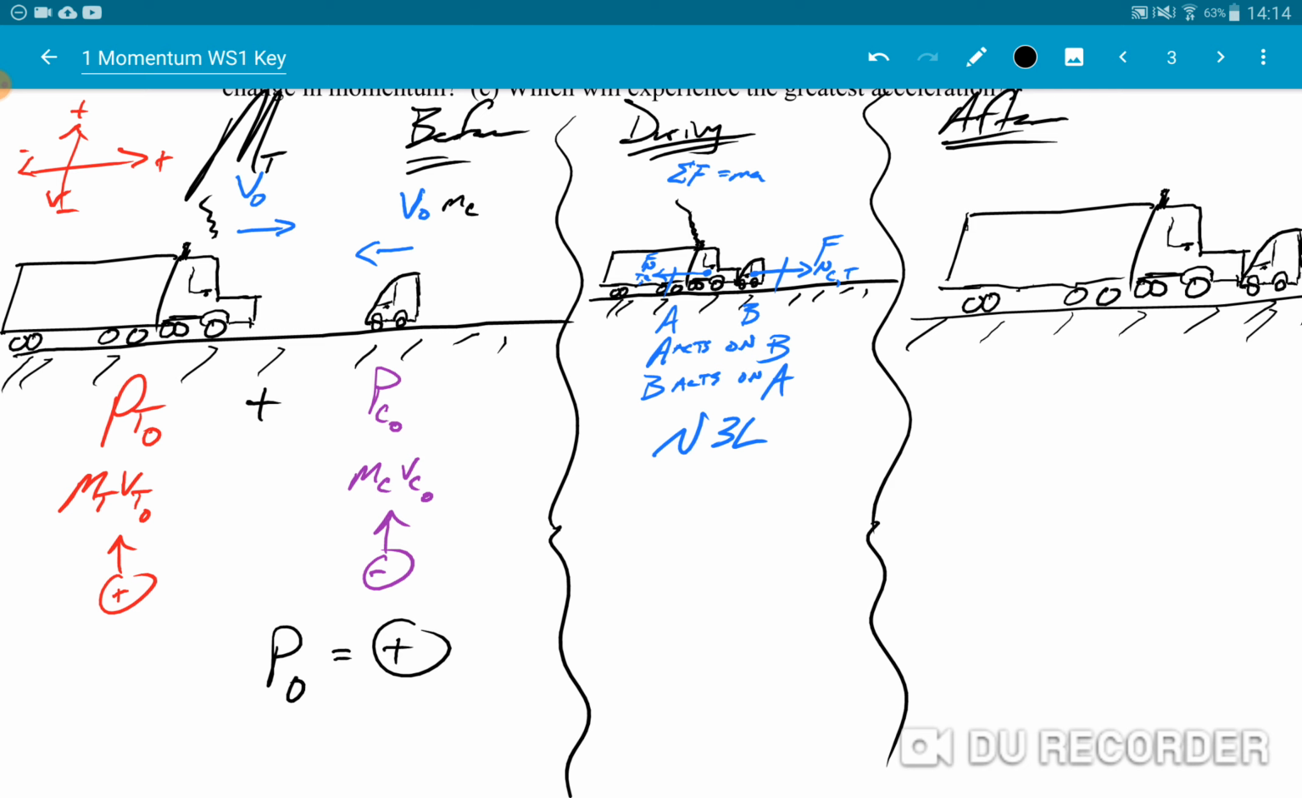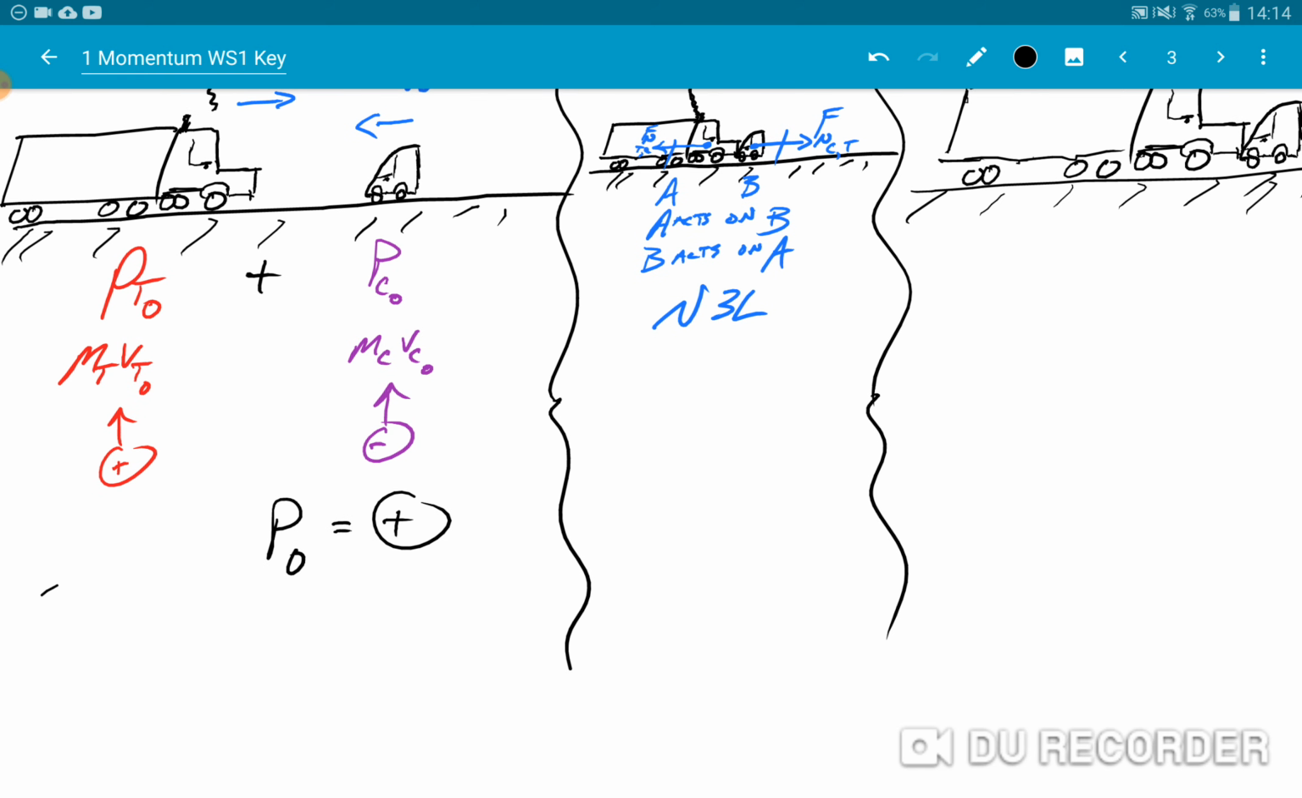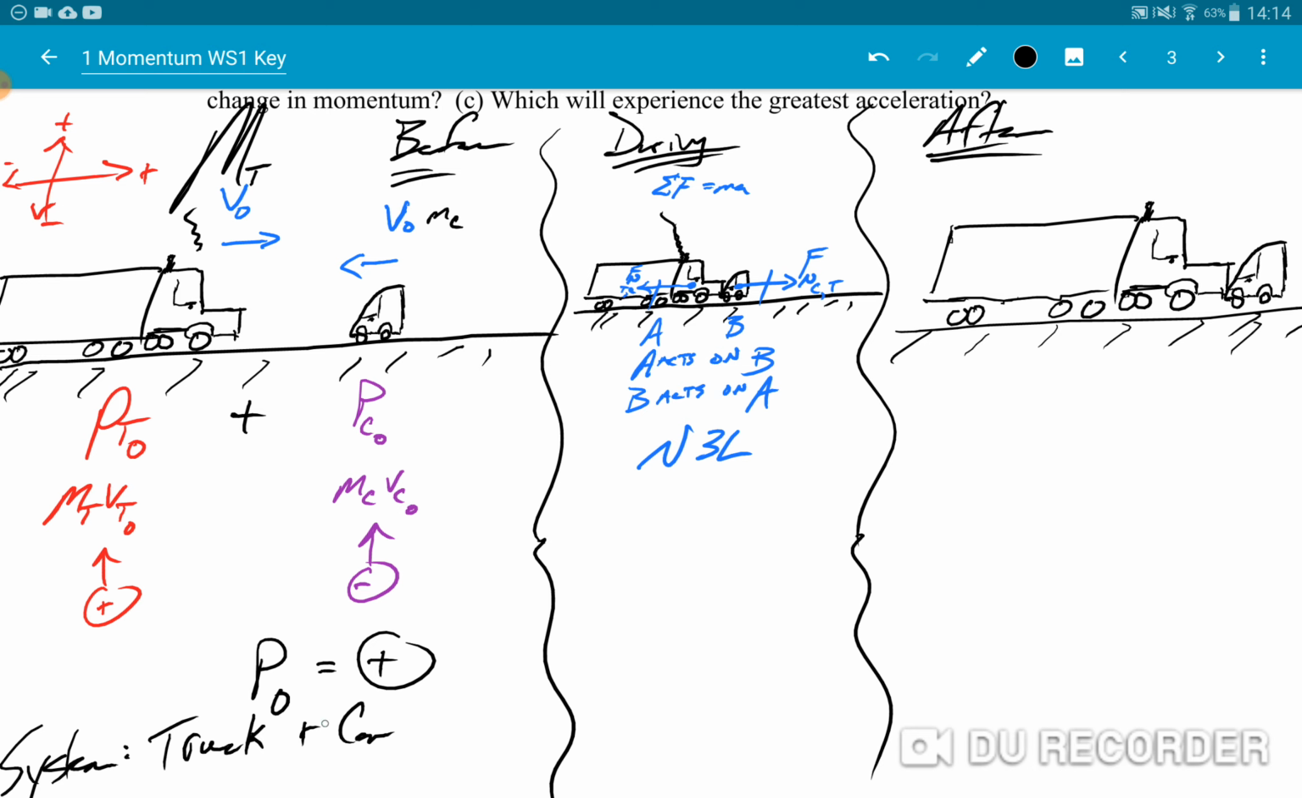I agree that the ground is holding them up there, but we're not transferring momentum to the ground or anything. We're rolling freely on these wheels here. So then, okay, great. If I'm making my system both the truck and the car, maybe I should write that out somewhere. So my system here is both the truck